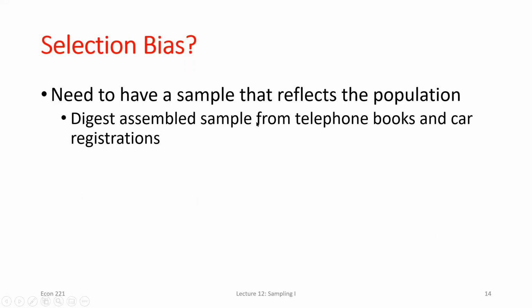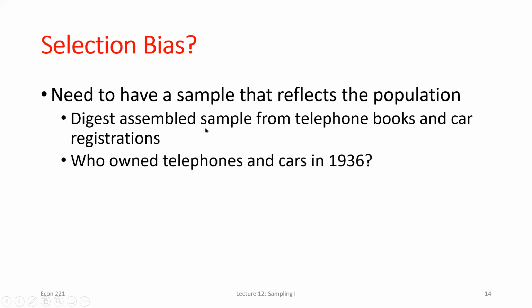So what the Literary Digest did was to get the names to send these survey cards out to. It had this database of individuals who were cross-listed between telephone books and car registrations. So the only people in that database owned both a car and had their own telephone, right? In 1936, who had both of those things? People that had,